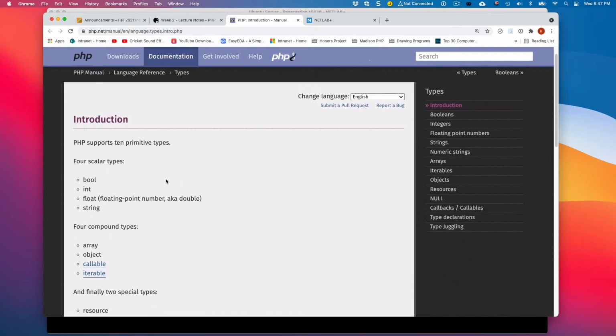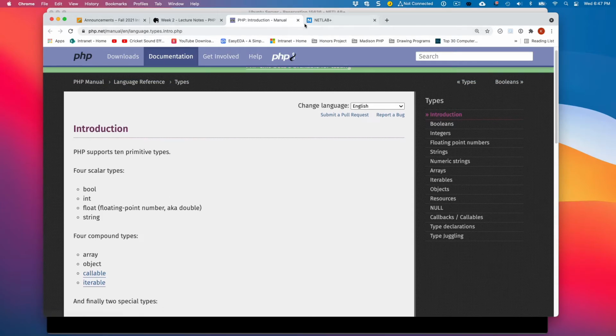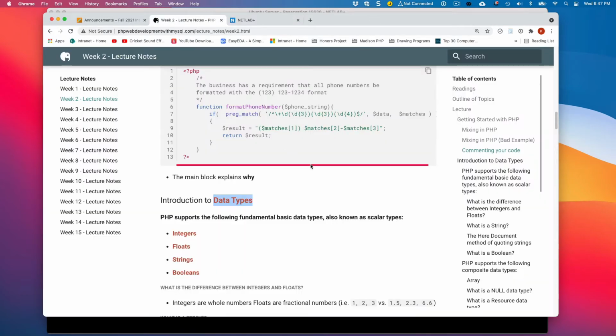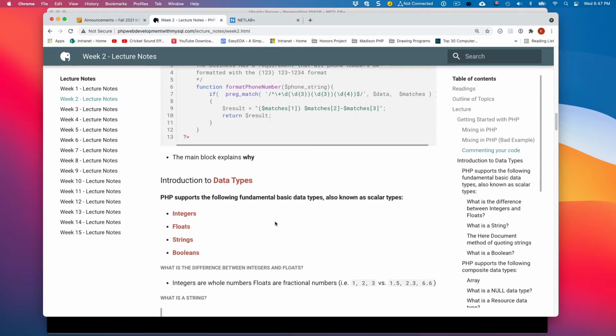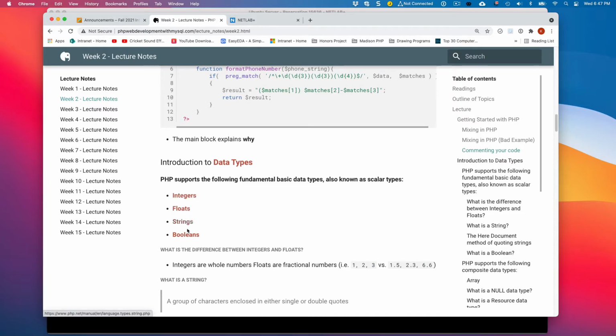So we have data types. This is the data types link in the PHP manual, and it talks about the types of data types that we have, which are scalar and compound. So PHP supports the following basic data types, also known as scalars: integers, floats, strings, and booleans.